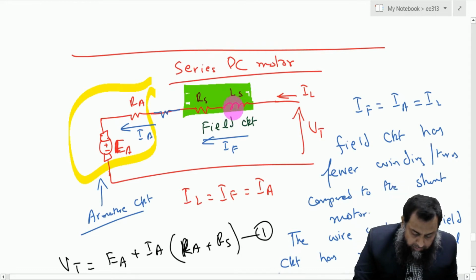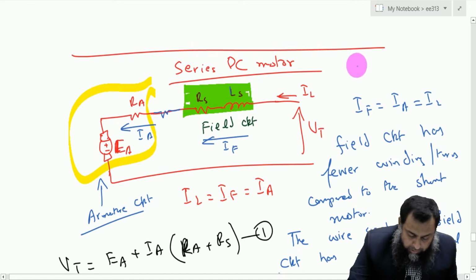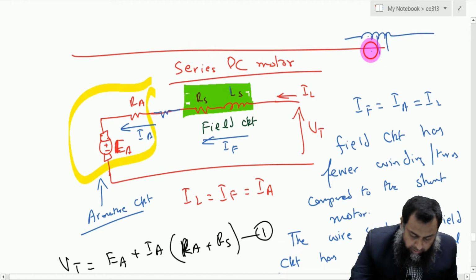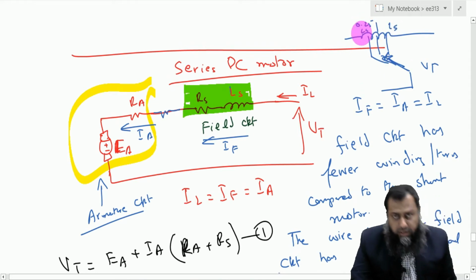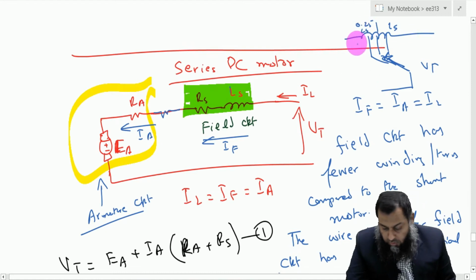However, there is another method by which we can have a little bit of control on the motor, by having a tapped inductor winding here. For example, instead of having this LS here, we may have some different taps available, and we apply the Vt here. So this is the Vt, and we have a switch here. This Vt is applied to half of the winding for some case, and if we tap it here, it will become full LS, and if we go here, we get maybe 0.25 of LS. This way we can also have some sort of control on the speed of a motor.